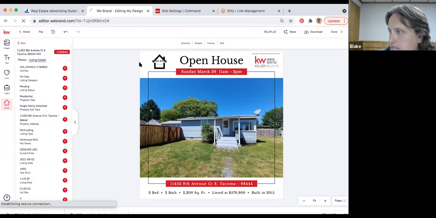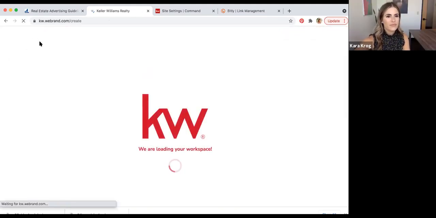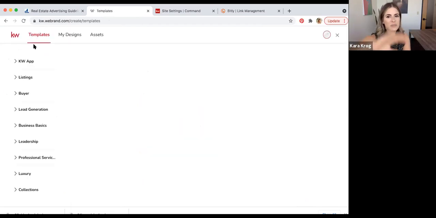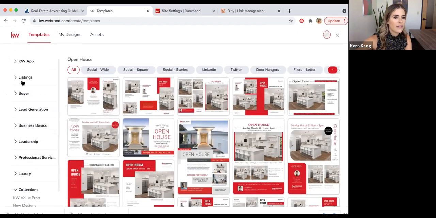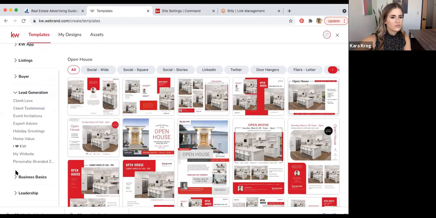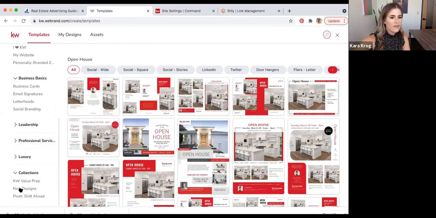I guess one last thing I'll show you before we log off is if you ever want to know what's new in Designs, they do have a collection of templates. Let's see here. I can't figure out where it is, but oh, there it is, new designs.